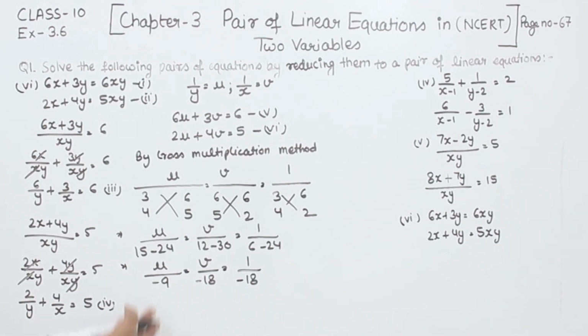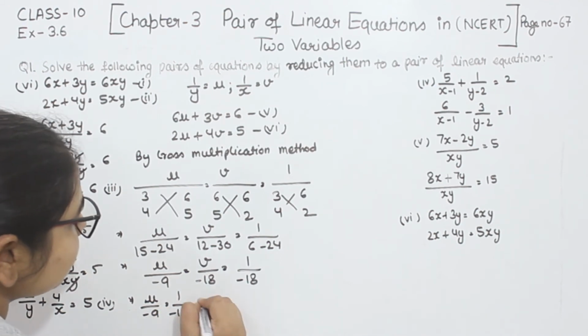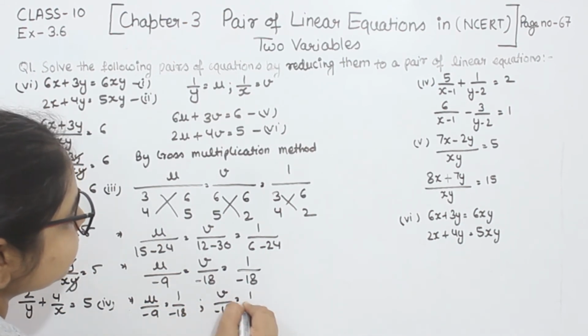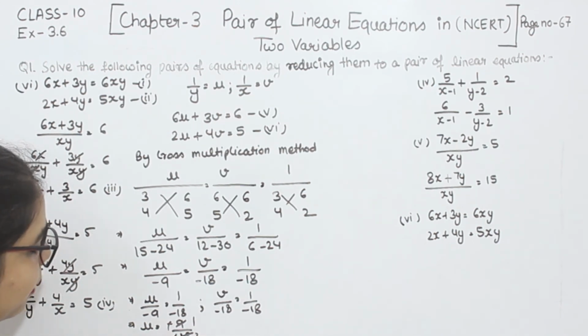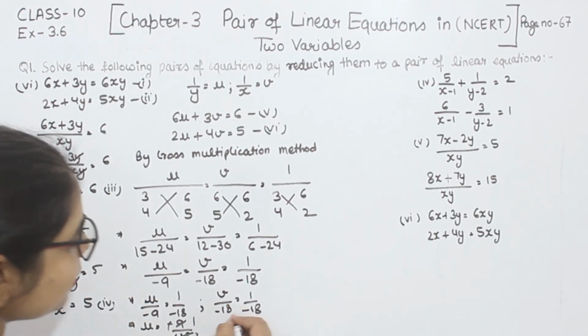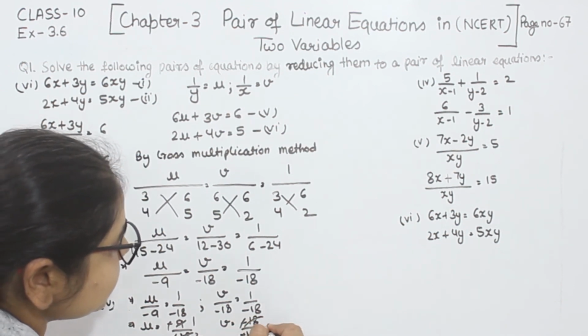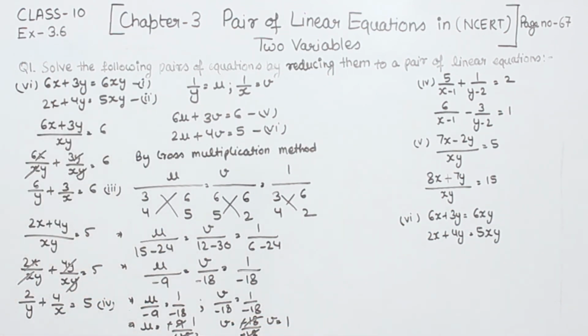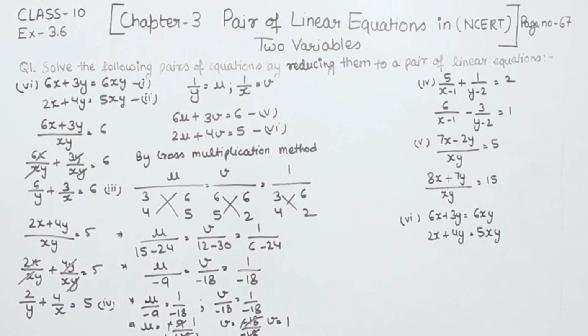Now we have to find the value of u and v. For that one, we will put u and v as equal to the constant term. Now we will solve this one. So this one we will consider u as equal to minus 9 by minus 18. Minus is cancelled from minus, 9 1s are 9, 9 2s are 18. So the value of u we are having as equal to 1 by 2. Now here we are having v as equal to minus 18 divided by minus 18. Minus is cancelled from minus, 18 is cancelled from 18. So the value of v we are having as equal to 1.